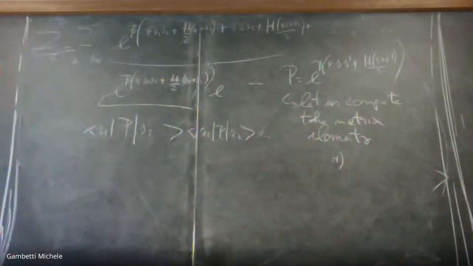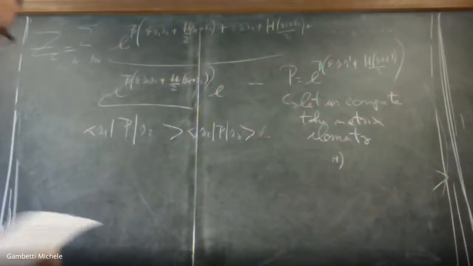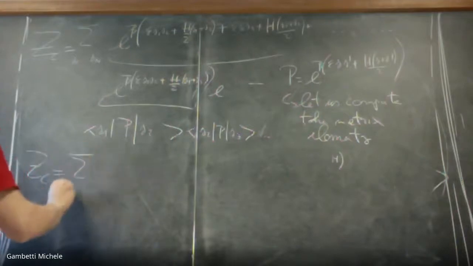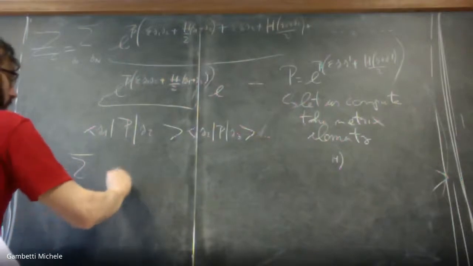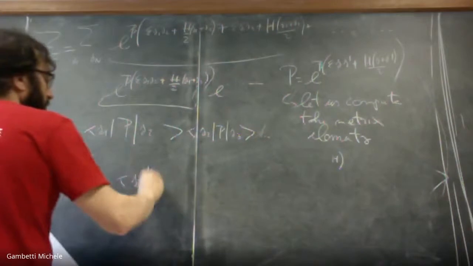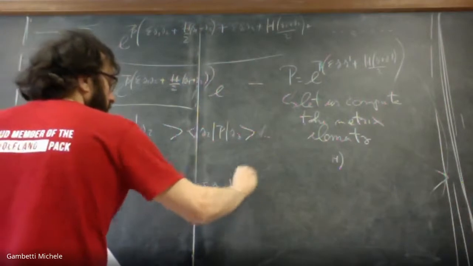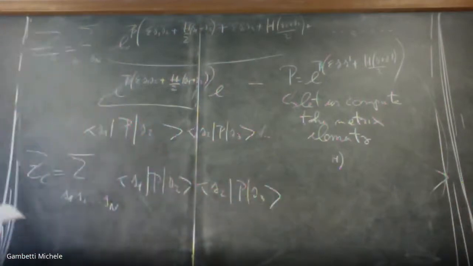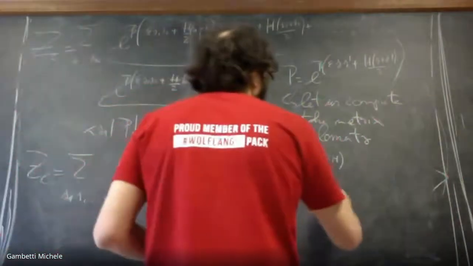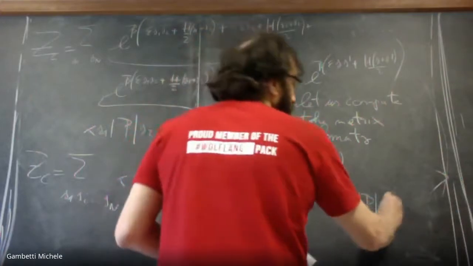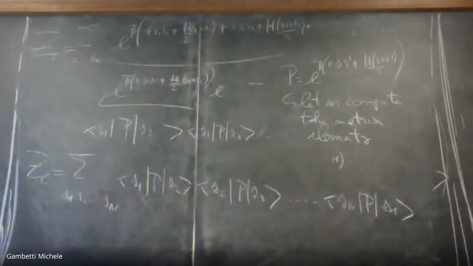So all of them are actually matrix elements, and actually they are even summed over. So Z canonical is the sum over S1, S2, up to Sn of the first sandwich, which is S1 P S2, then I have S2 P S3, up to the last one, which will be Sn P, here I should put Sn plus 1, which is S1, by choosing our boundary condition. Okay.